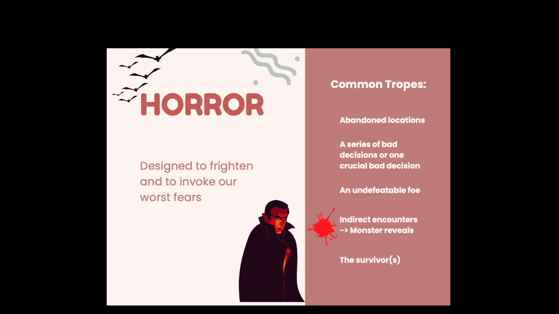Indirect encounters that lead to the monster reveal are also standard in the creation of tension within the horror narrative. So you can have maybe half, maybe even over half of a film where you don't get one clear direct look at the enemy that you're facing. And this helps build the tension not just for you and the audience, but also for the characters in the film, increasing their level of fear, which also increases the likelihood that they would potentially make bad decisions, right? Which plays into the way the narrative plays out.